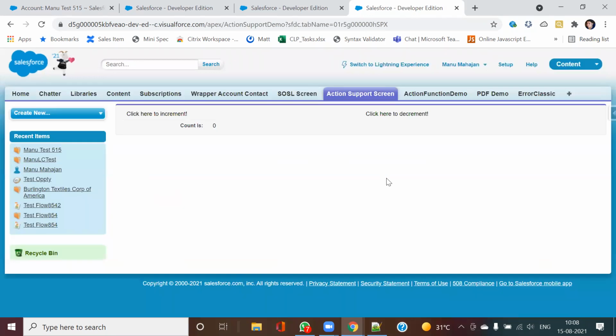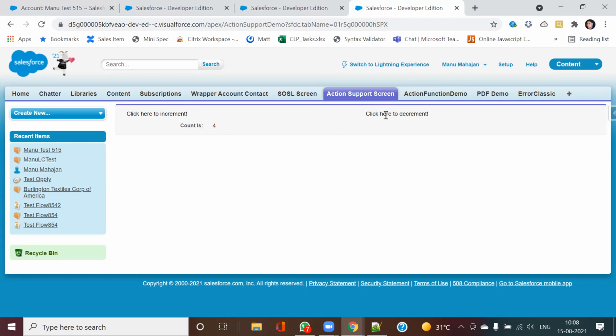Here, if you see, I have these three fields. Whenever I click here, click here to increment, the count becomes 1. I click again, 2, click again, 3. So whenever I'm clicking on this, this field is getting updated.